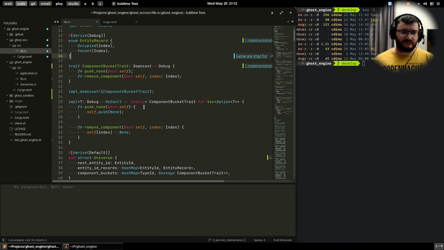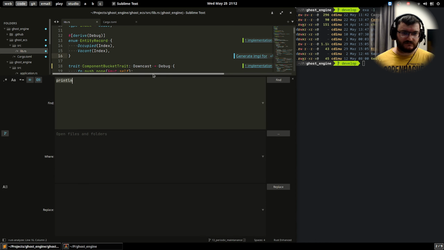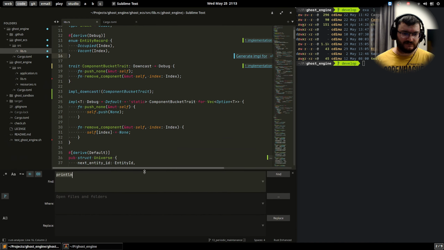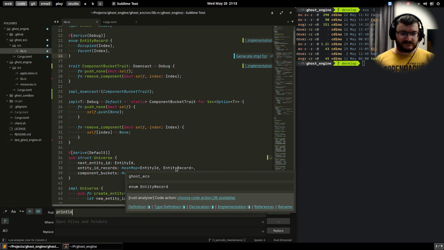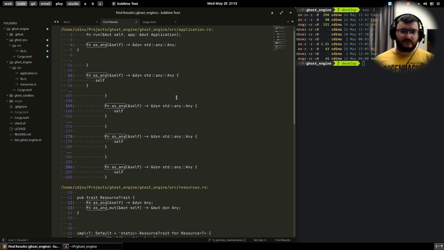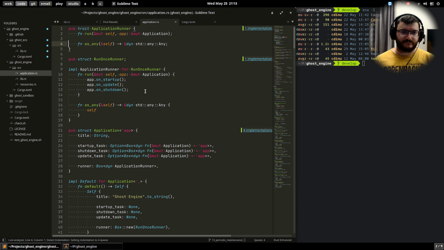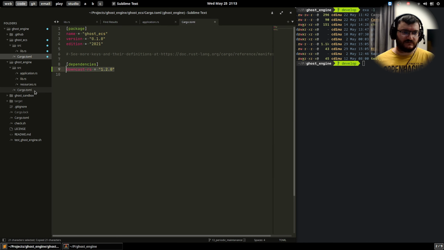You know what? I think I'll do a search. Wait a second, what's going on with my Sublime user interface? So let's search for as_any. Oopsie, function as_any. Okay, where do we have it in application? Okay, so let's do the same thing, but for the core GhostEngine crate also. Okay, save that, close,